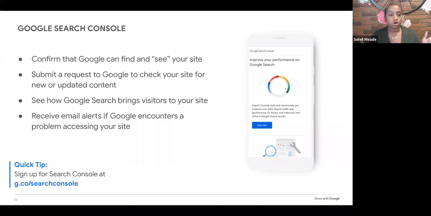So Google Search Console takes search to a whole other level. Search Console is going to really pair with SEO because it helps you to measure your website's traffic and its performance. And it's also going to fix issues for you. So if it notices that whenever someone goes to a particular page, it takes long to load or they're getting an error message,